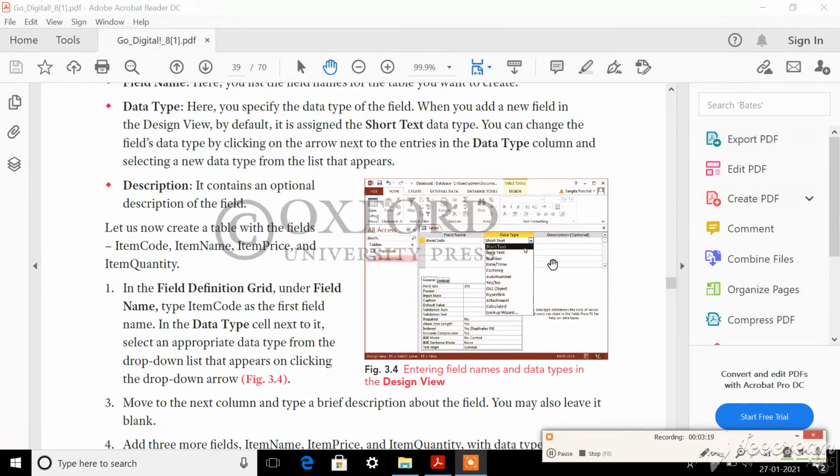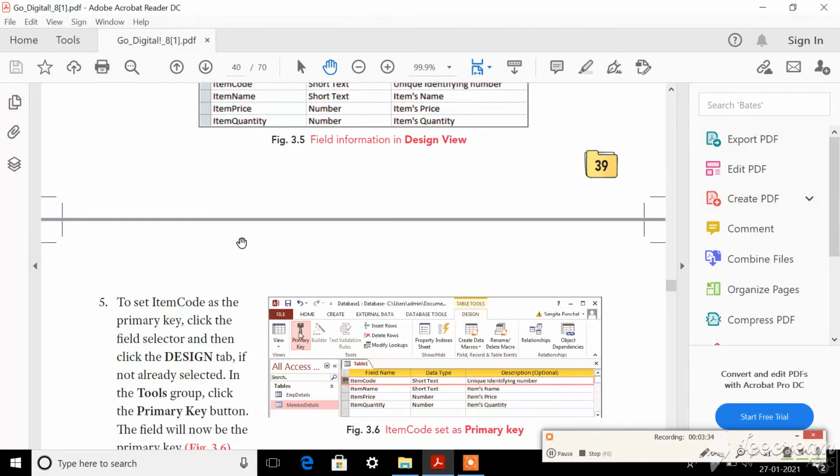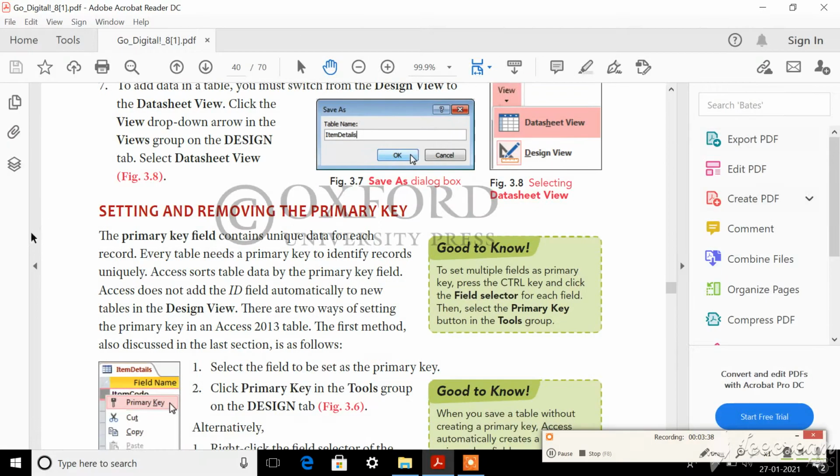That is also what we have seen in the last class, isn't it? So this is how your screen looks like in the design view. Now today we are going to see how to set primary key. This is the topic that we are going to learn today, setting and removing the primary key.